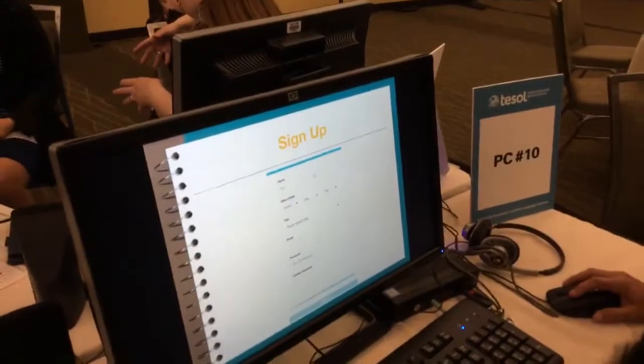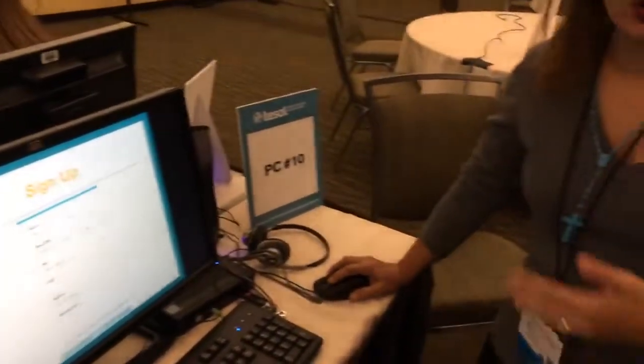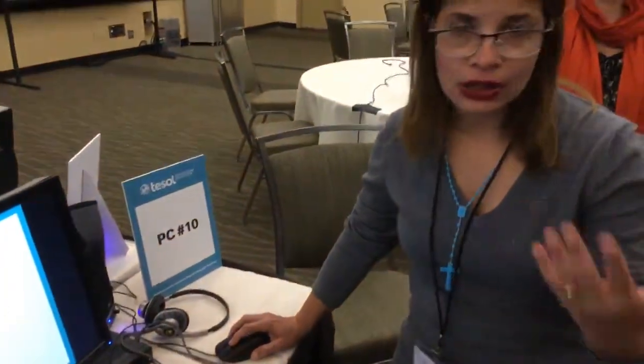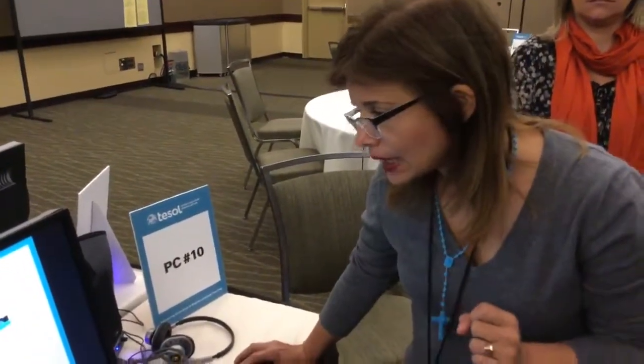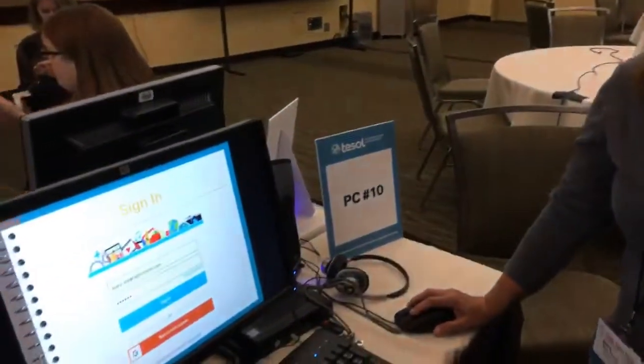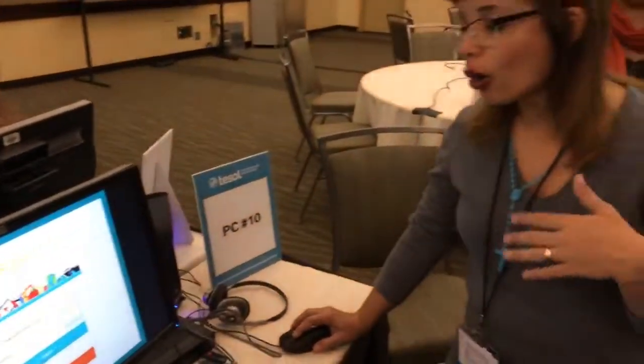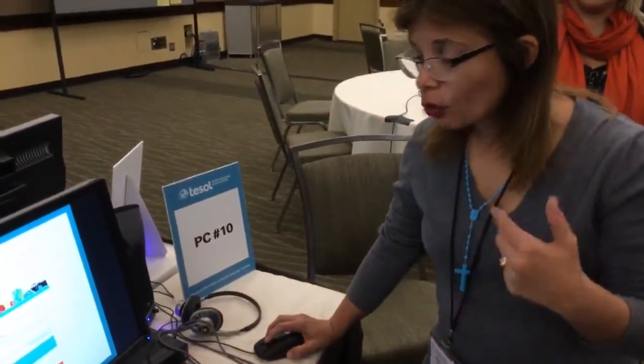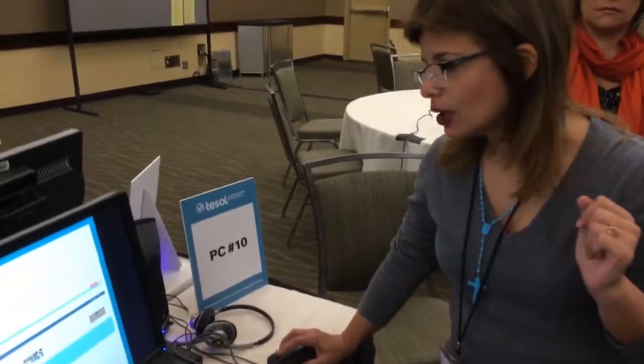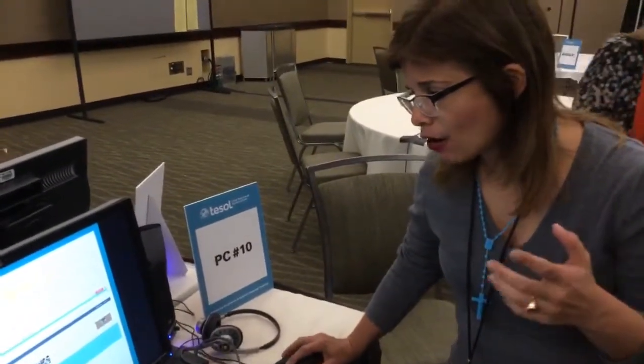First of all, you need to sign up. You give your name, your date of birth, the title, your email, password, etc. And then you do it. You can use the same information you gave before, your email address and the password you created, or you can sign in with your Google account. So this is more or less how you see